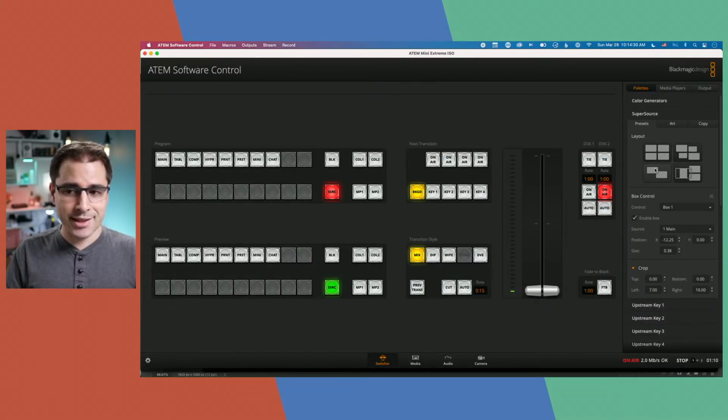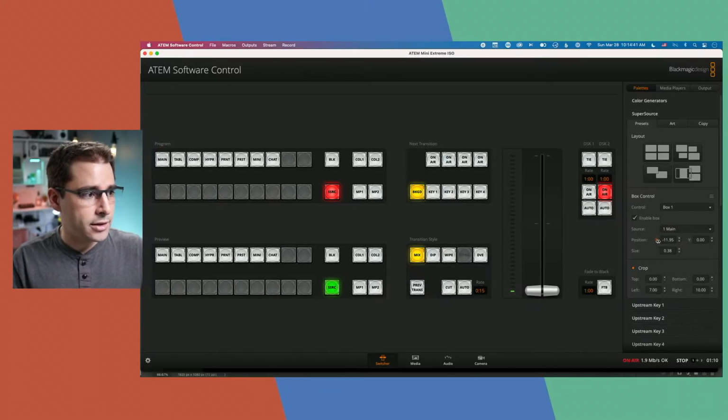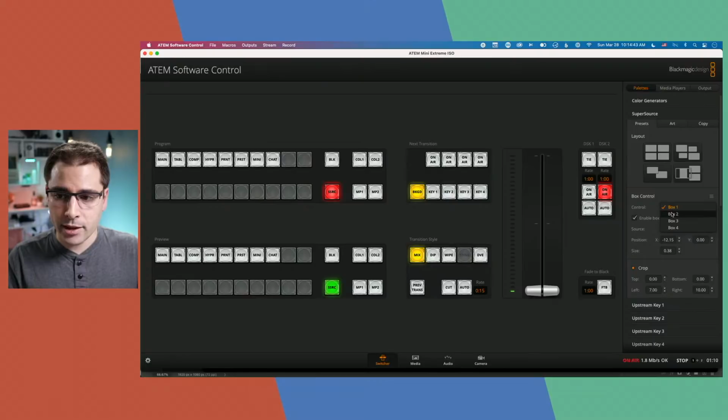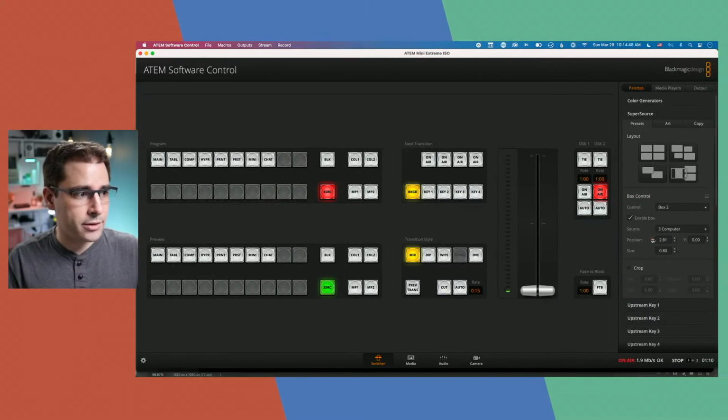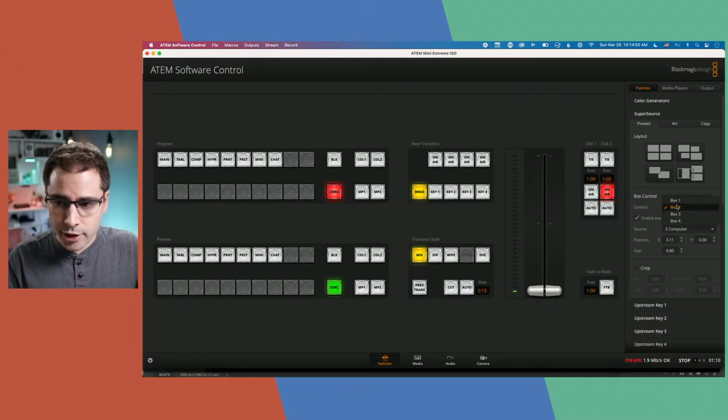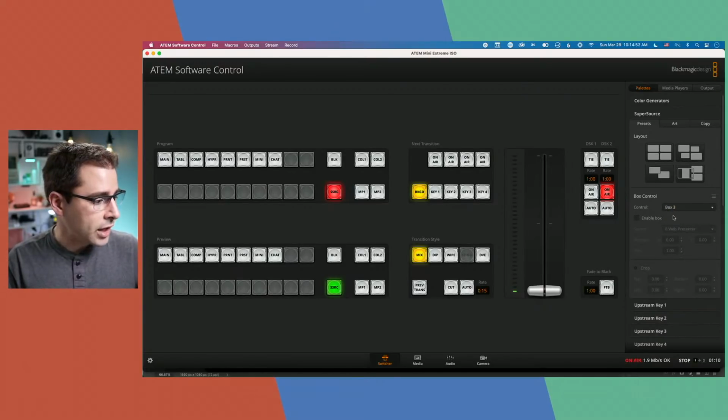And the SuperSource can also have up to 4 boxes in it. So I'm using 2 of the boxes. I'm using box 1 for the camera, and you can see that if I scoot it over, right? Box 2 is the computer, which I can again scoot over if I want to. And then I'm not using box 3 and 4. I could,